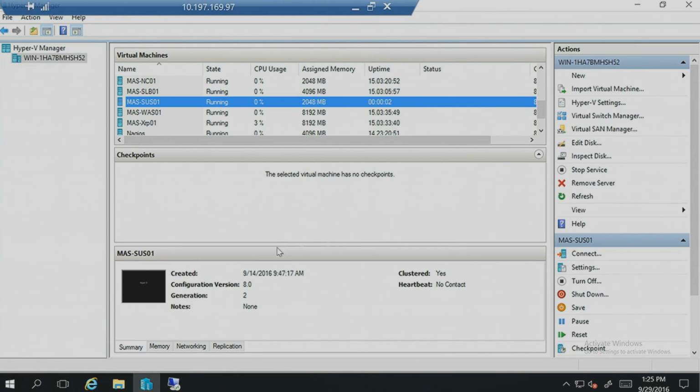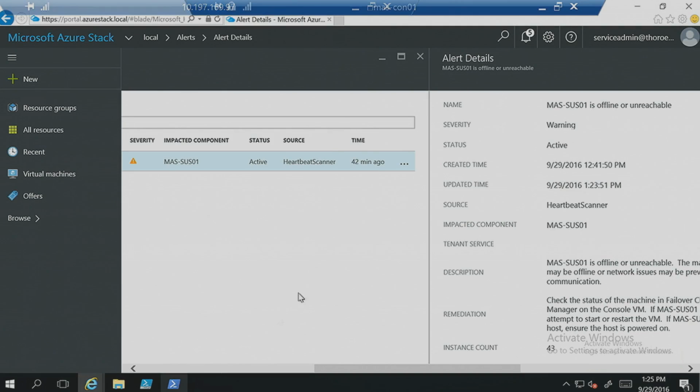and start succeeding. So just as it took a few moments to raise an alert for that machine, it'll take a couple minutes, and that alert will resolve itself. And so it will no longer be in the list. You can still get to the alert by unfiltering the list view to show both active and closed alerts, but there won't be any active alerts.